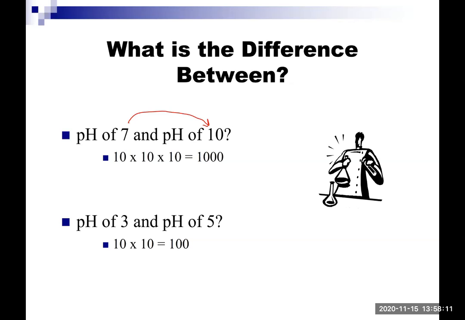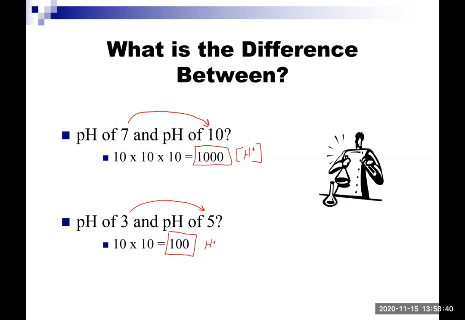So if we go from pH 7 to pH 10, that's a 1,000-fold difference in the H plus concentration that we have in that solution. If we go from a pH of 3 to a pH of 5, that's 2, but that's a log base 10 scale. So that is 10 times 10, or 10 raised to the power of 2, which is a 100-fold difference in the